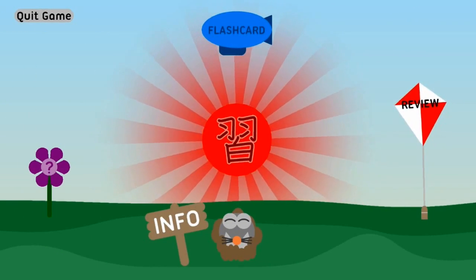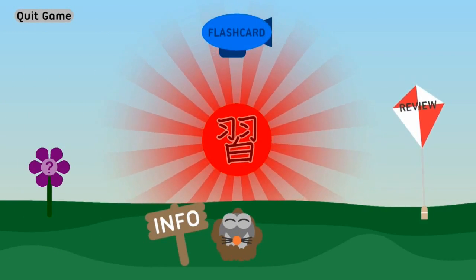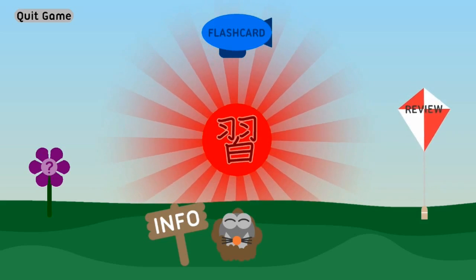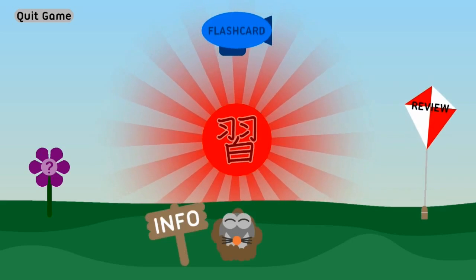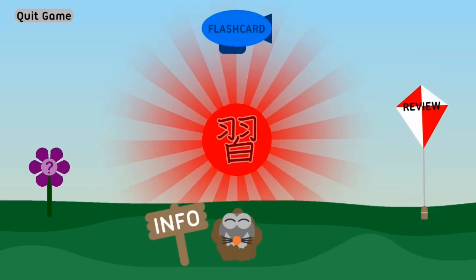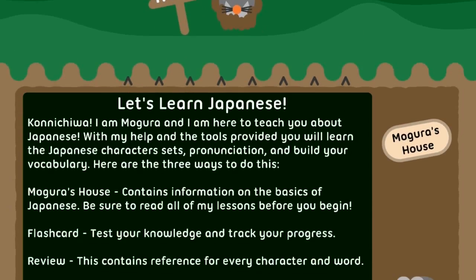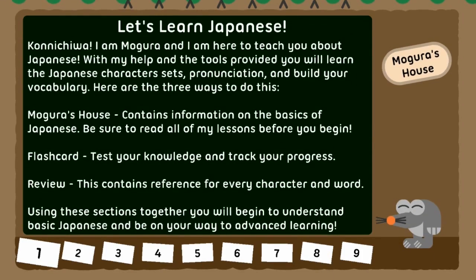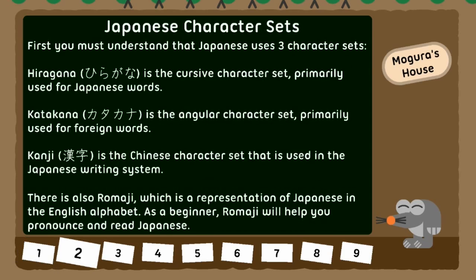And so, those of you who remember me doing a game called Let's Learn Japanese a while back, this game is actually a deluxe version of it, which you can buy online, and links to do that are in the info. But basically, it's a game called Let's Learn Japanese, and it takes you through a bunch of different stuff